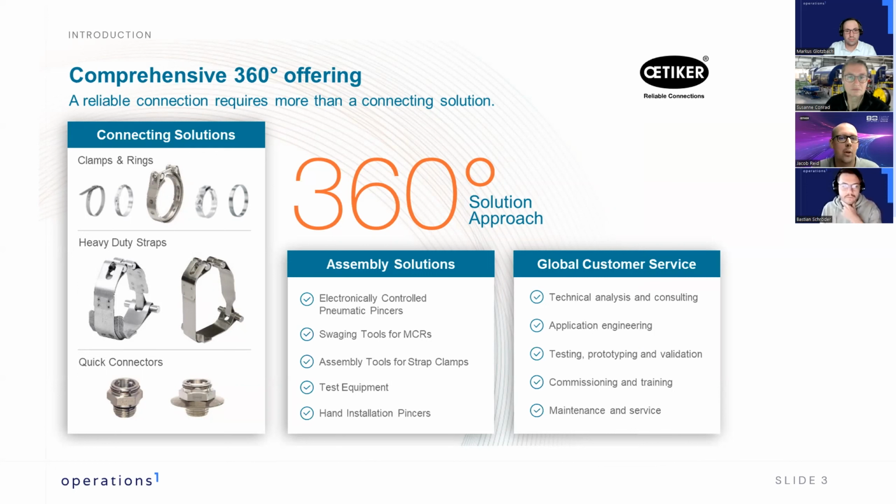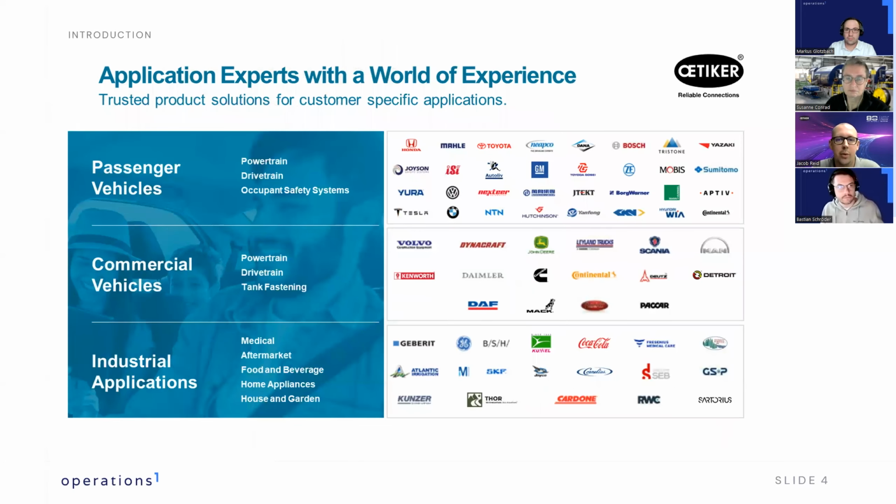We have what's called a 360-degree solution approach. So in addition to the products that you see on the left, we also manufacture and offer the assembly solutions to close and install those connections on the application, as well as a strong global customer service presence, both to help establish the appropriate connecting solution for our customer's application, including engineering, testing, prototyping, and analysis, as well as in-life management of those connections. Means commissioning, training, and maintenance and service of the assembly tools. Overall, our mission is to provide peace of mind that every connection that's made with an Oetiker product is reliable